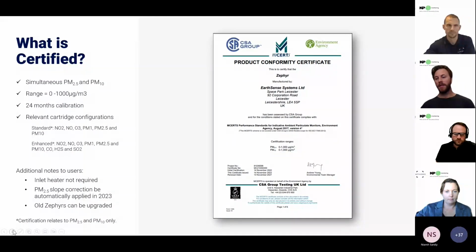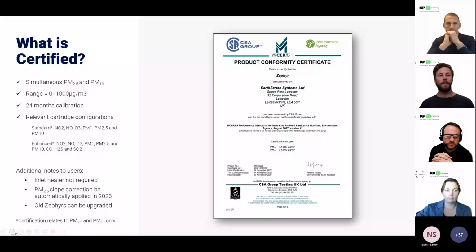We do also measure CO2 and TVOCs, but those are sitting in a different cartridge, so aren't affected by the certification. And some points to raise, I think. One is we have passed without heater inlet. That will raise some questions and debate, I'm sure. We measured through September to June to July, so we did an expanded measurement period through potentially some of the more challenging times of the year.